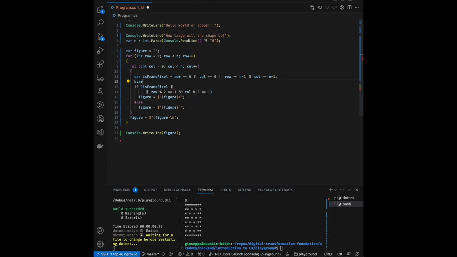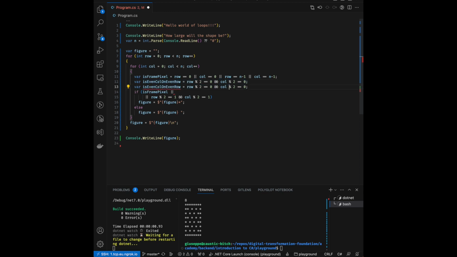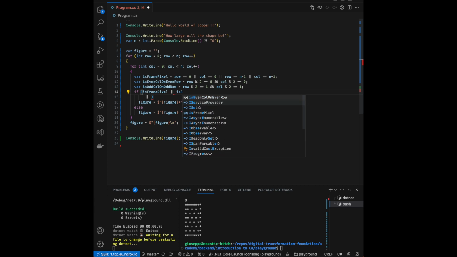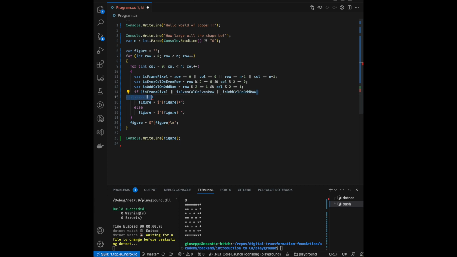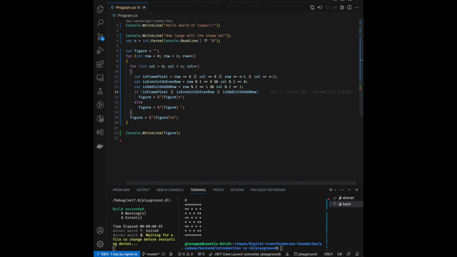So var is even column on even row, and is odd column on odd row, and it's this condition here. And look, all of a sudden, by just giving names to things, you have left yourself a breadcrumb for the future in order to be able to understand your own code